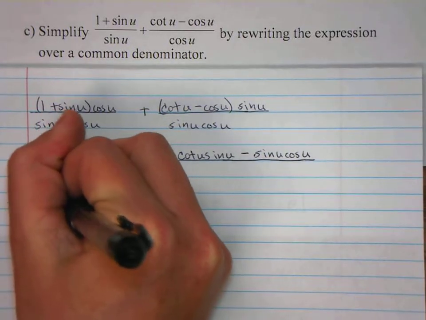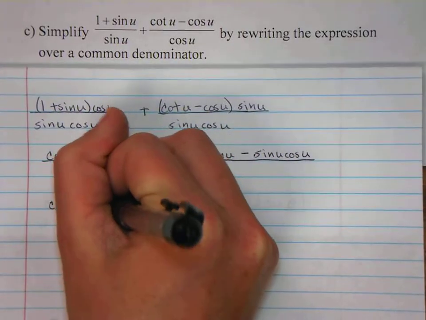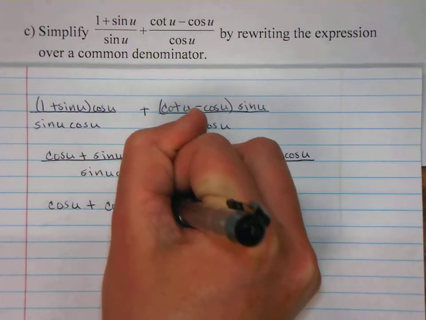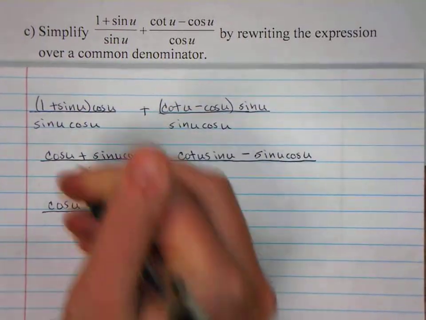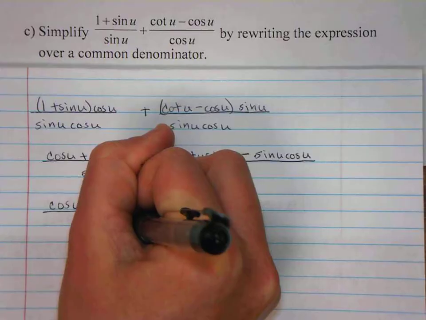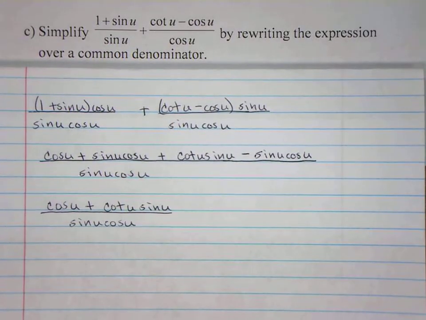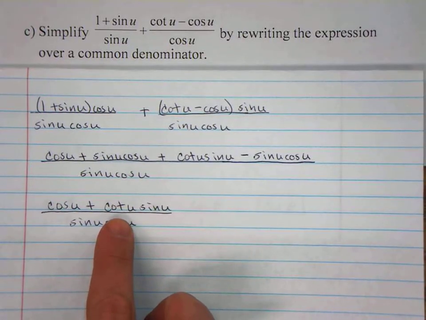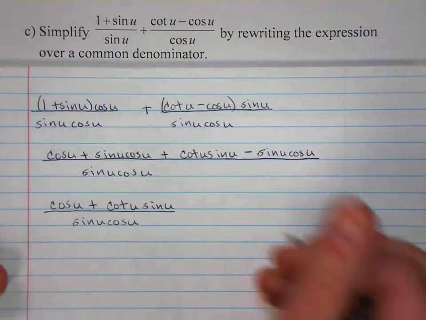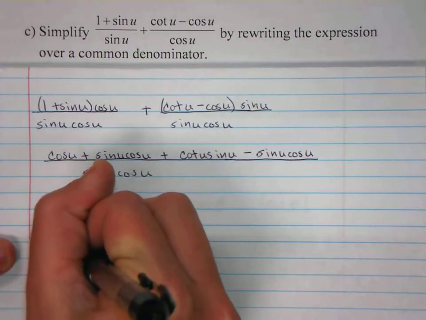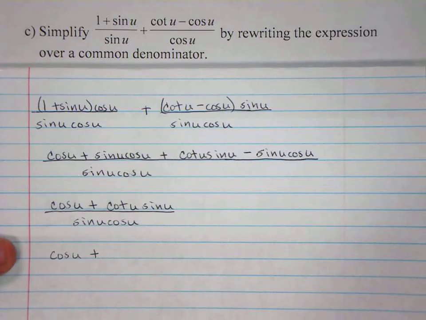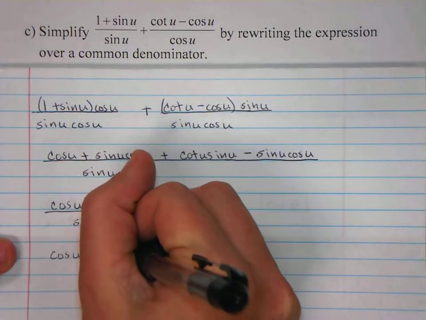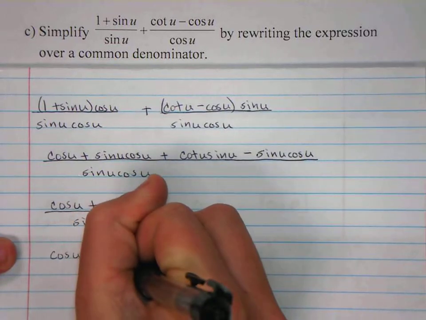So I'm left with cosine of u plus cotangent u sine u over sine u cosine u. So again, nothing I can really more simplify, except just thinking towards something that might share a common term or a common factor. I notice here cotangent I know has a piece or is related to sine. So I'm going to rewrite this a little bit as cosine of u plus cotangent, using my quotient identities, is cosine over sine